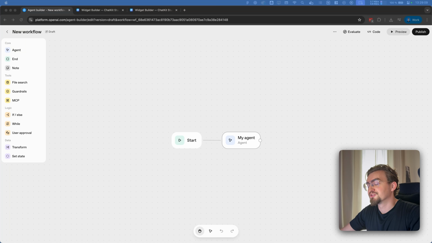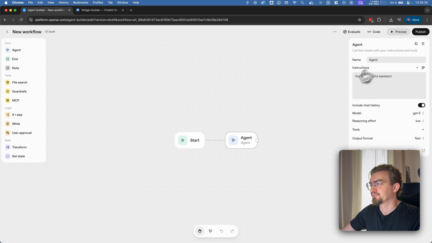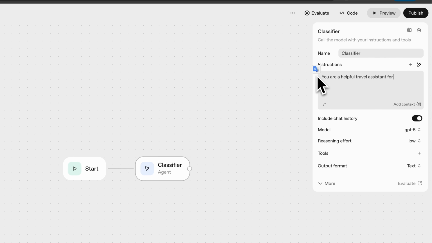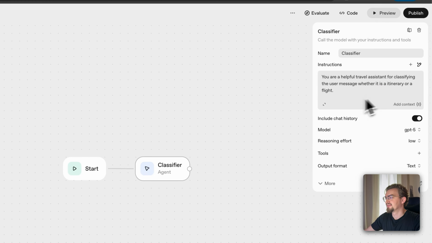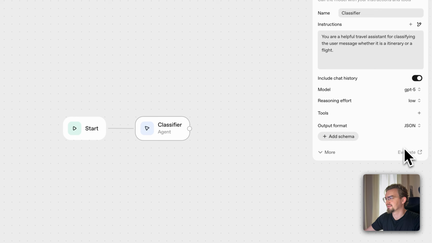Let's create for flight infos and itinerary a separate agent. For that, we need to adjust this agent to a classifier. Let's rename it to classifier and replace the instructions with, you are a helpful travel assistant for classifying the user message, whatever this is itinerary or a flight. These settings we can leave as they are, and under output format we select JSON and then we click add